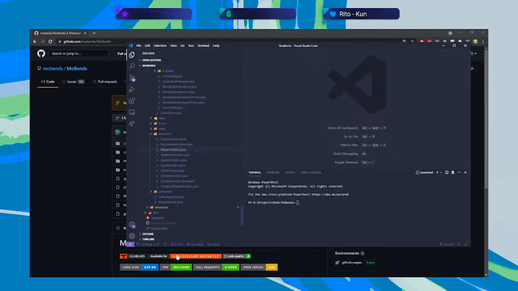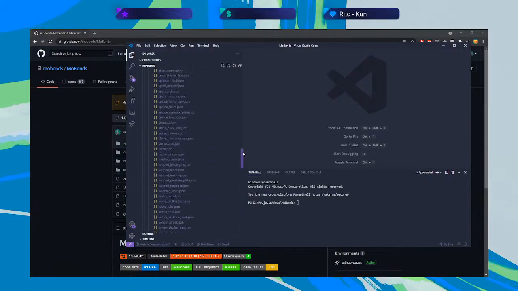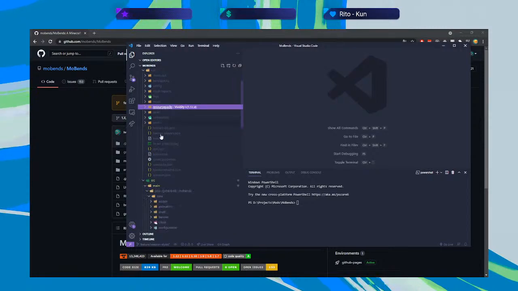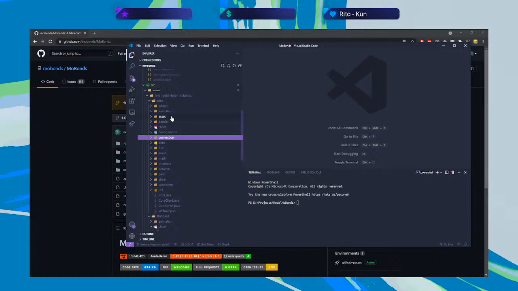So that's not here. Let me create a new branch. Let's call it feature weapon styles. Okay, that should be fine. So this is going to be where I'm going to be working on this. And let's go to the, okay, I don't need this anymore. That's good. We can go to